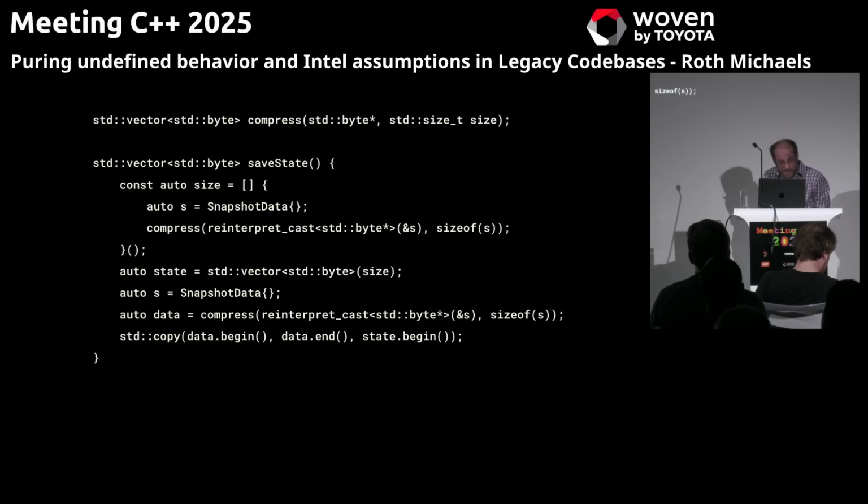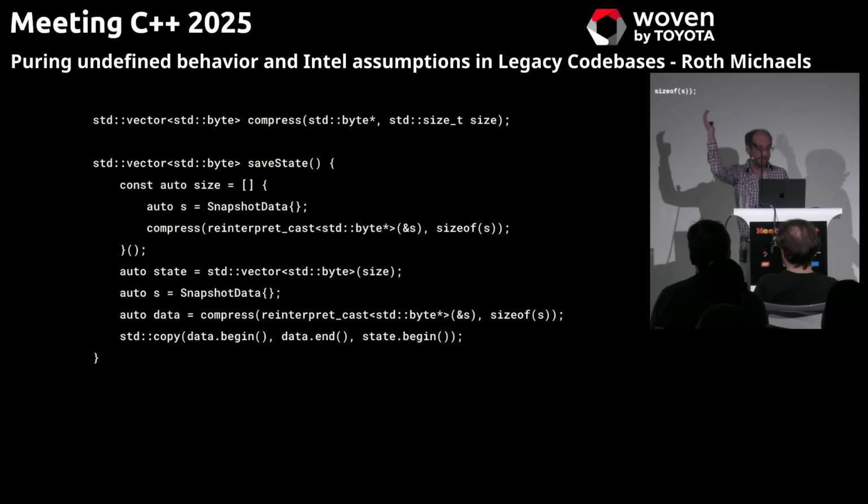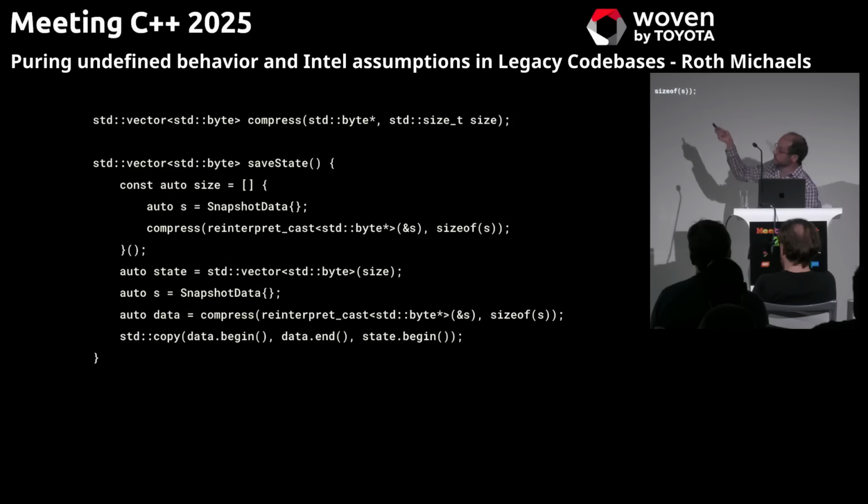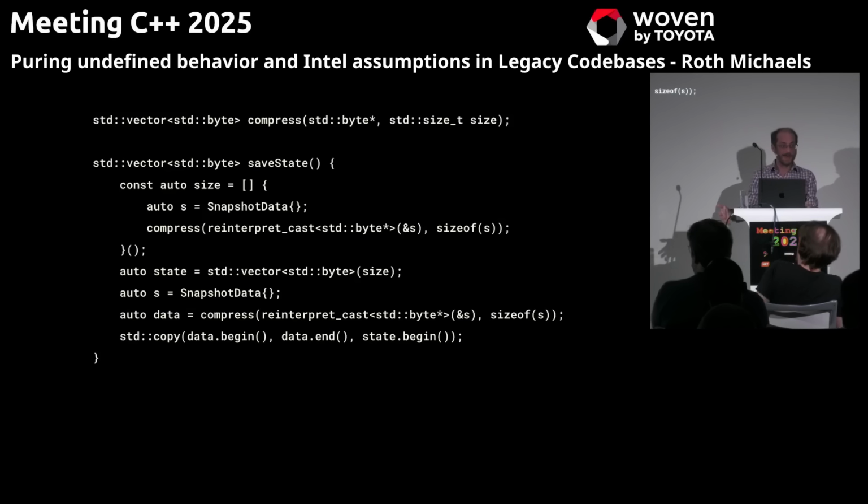And where the crash came in is some other code that evolved organically over the years and probably made sense at the time. And this is a simplified version of how we were saving this state. And it wasn't just snapshot data. It's huge amounts of state for this product. This is just one piece of it. But essentially what we're doing is getting what we want to save, compressing it, and then figuring out, okay, what's the compressed size of our data? Then once we have that, we allocate some memory using that size, and then compress it again and put it